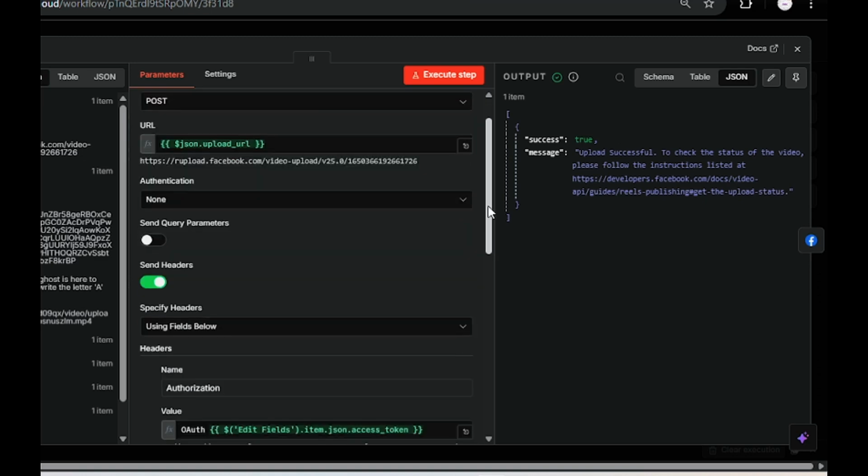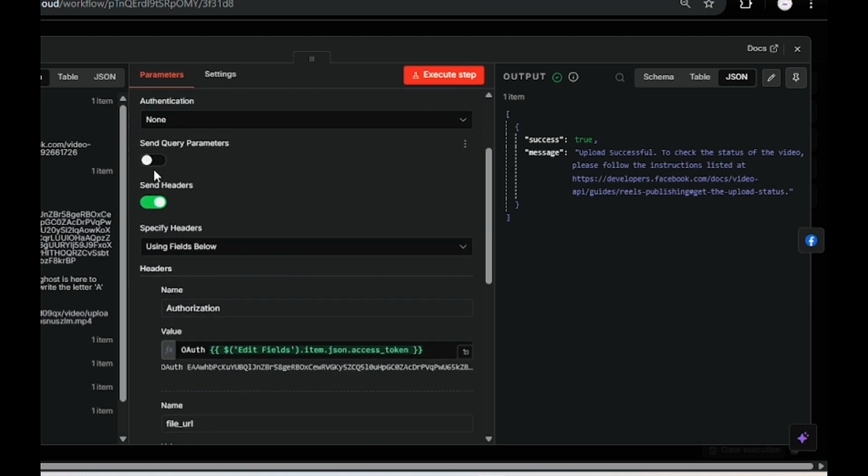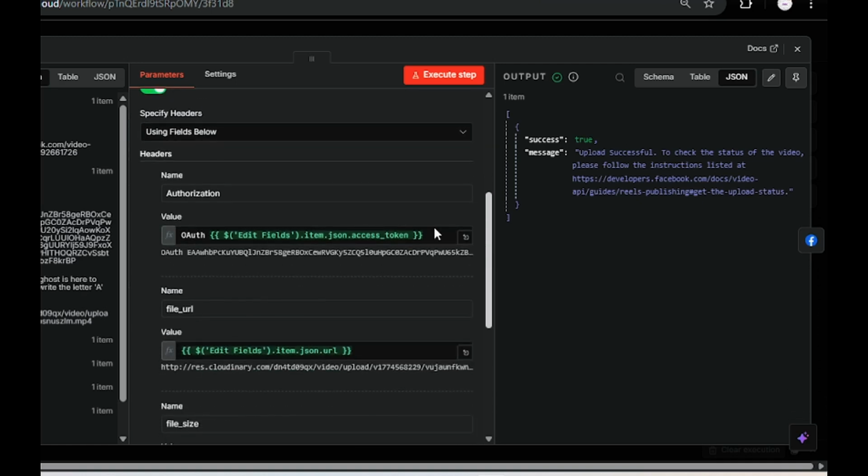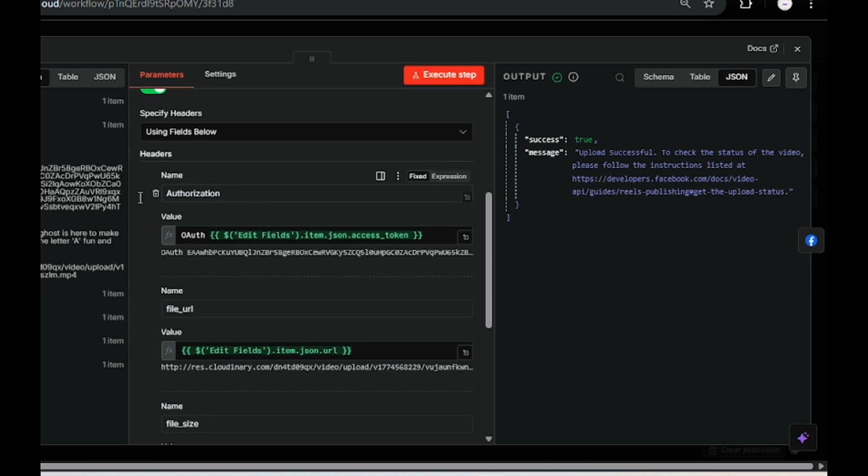Authentication none again, and here you will turn on the send headers. Scroll down, and the headers will be the authorization as a name, the value will be auth, and the access token dragged from the previous node,